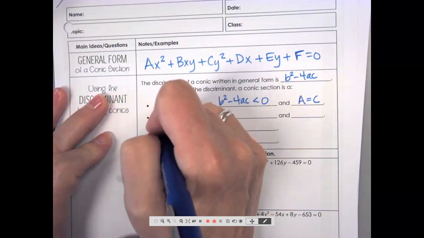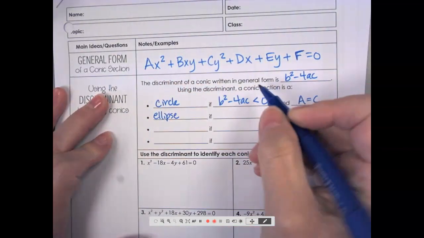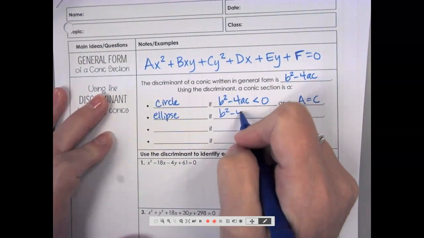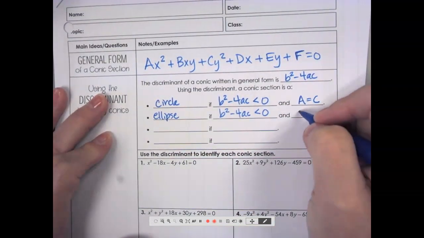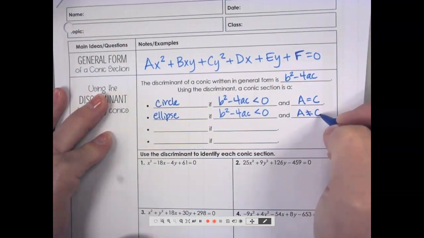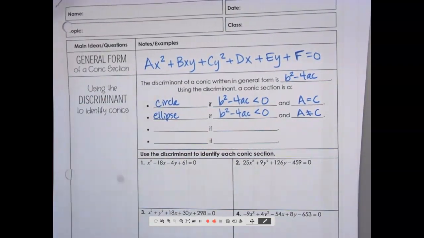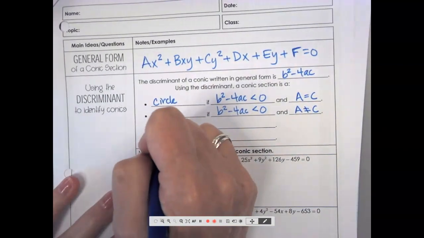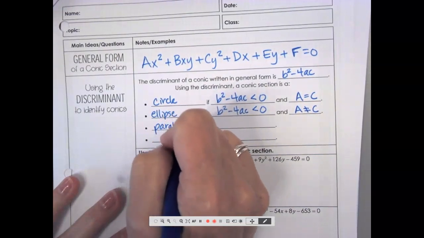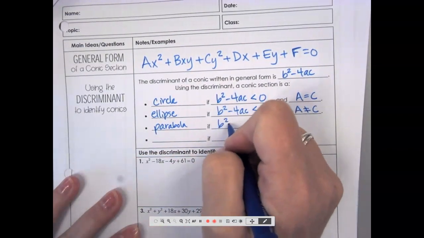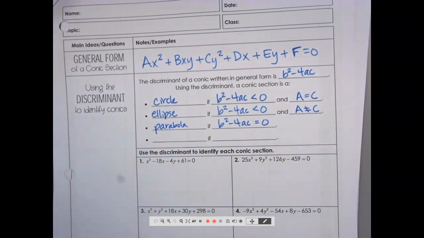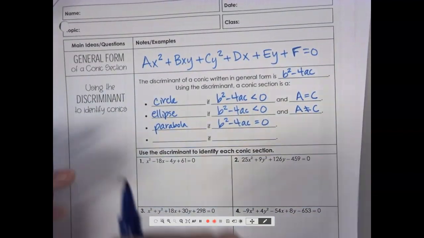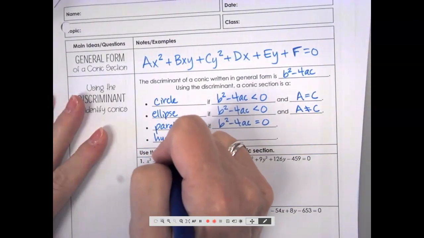Okay, you will have an ellipse if B squared minus 4AC is negative also, but A is not the same as C. You will have a parabola if B squared minus 4AC is 0. And you will have a hyperbola